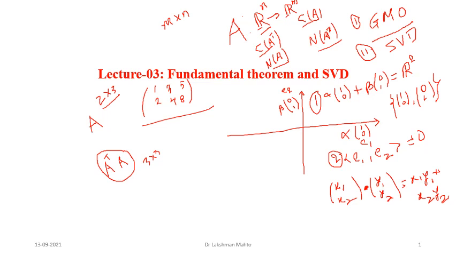The eigenvalues you get for A transpose A would play the role of the singular values of the given matrix A, and with respect to that we can decompose A in the form of orthogonal matrices. Interestingly, you will see that the eigenvectors of A transpose A happen to be orthogonal in nature. So those provide an orthogonal basis of all these subspaces. With the help of the idea of SVD, we can always get an orthogonal basis.